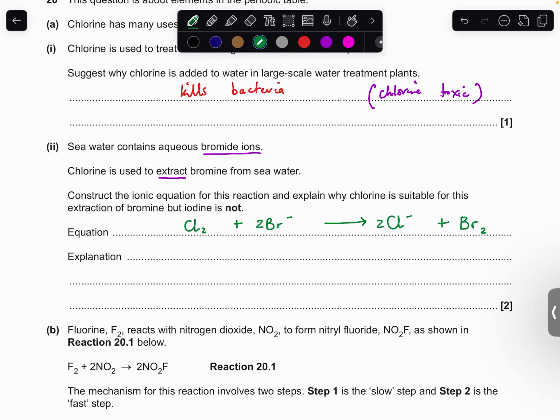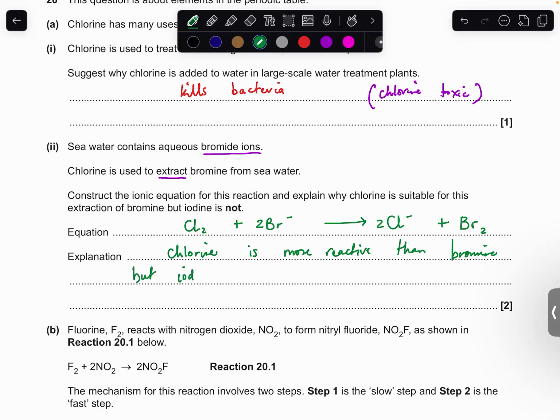And we balance accordingly. And the explanation for this, the simple idea is that chlorine, why does it react? Chlorine is more reactive than bromine. That's why this reaction happens. And it's asking why chlorine is suitable for extraction of bromine, but iodine is not. Chlorine is more reactive than bromine, but